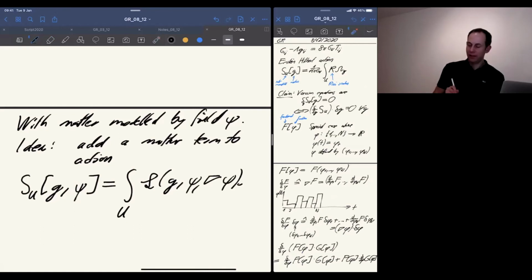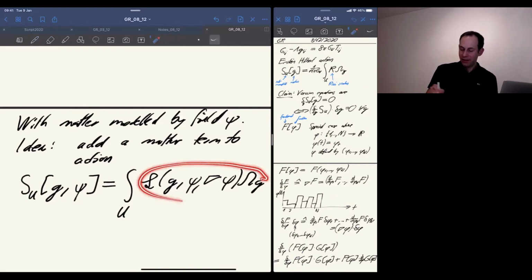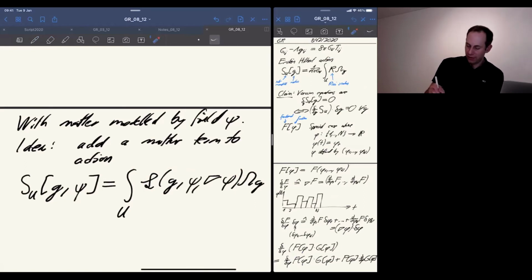And then, of course, to integrate the scalar, depends on whether I call it density or not. I could either include this term into L or not. Let me now consider this as a scalar, so in that sense not a density. It's a density with respect to the volume, but not a density with respect to the coordinates, if I write it like that. But this is a scalar, and then I multiply it with a volume form.